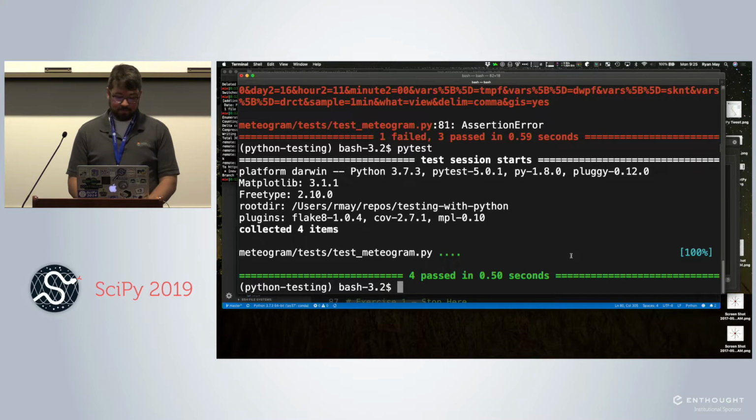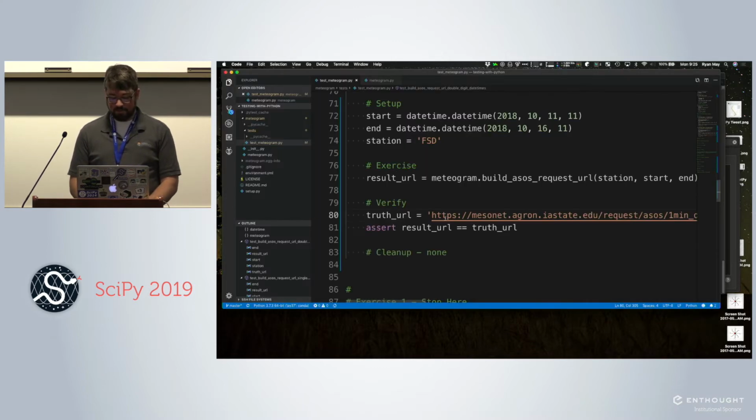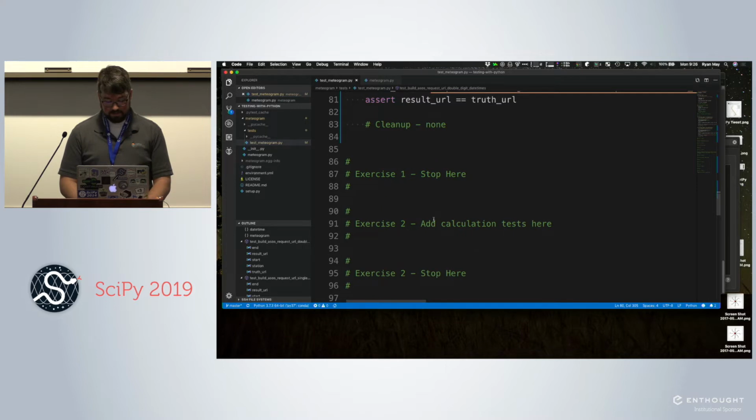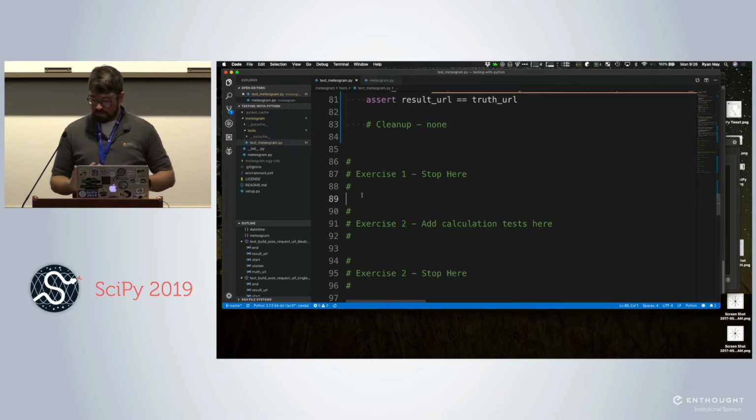Okay, so that's strings, but we do a lot of things with numbers because a lot of us anyway do science. So in our test module here between exercise 1 and 2, I'm going to show you real quickly how to do a numerical comparison, and you'll see it's really no different.